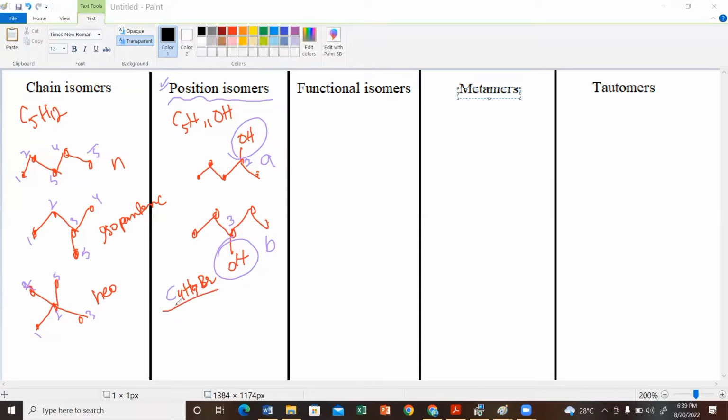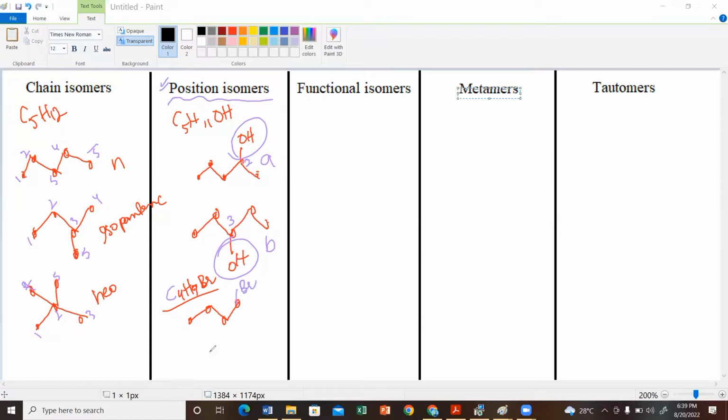The general formula which we are going to use is CnH2n+2. So 4 into 2 is 8, 8 plus 1 is 9, and one hydrogen is replaced by Br. So 4 carbons are there, 1, 2, 3, 4. If I arrange Br on the first position,